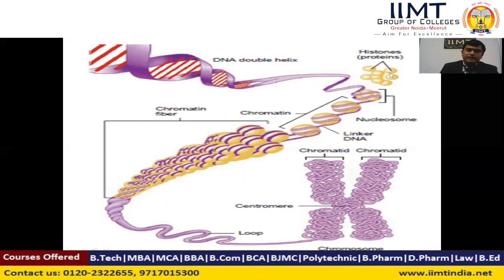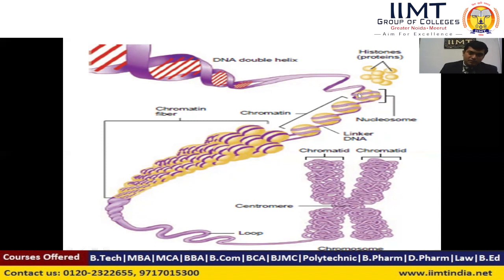That is the bead formed by the histone proteins. These are the histone proteins. Approximately 8 histone proteins form a single bead-shaped structure on which the DNA is coiled two times. Right? So that two times coiling of the DNA on a group of these 8 histone proteins, that assembly is known as a nucleosome. That single unit is known as a nucleosome.